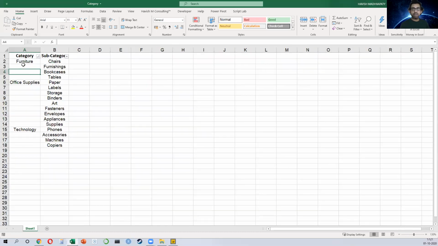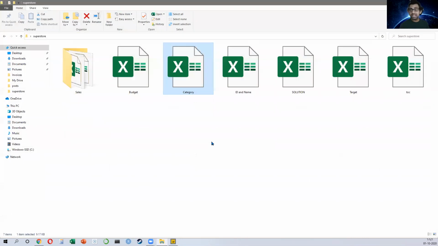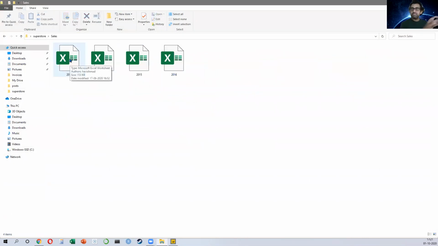Now, if you did not have Power BI, what would you have done? You would have done a VLOOKUP, correct? You would have filled up these blank cells, then you would have changed the column order, then you would have done a VLOOKUP. But this means you would have done a VLOOKUP for every single file individually. You would have done it for 13, 14, 15, and 16. Do you imagine how much time it takes and how many errors it can happen when you do something manually?